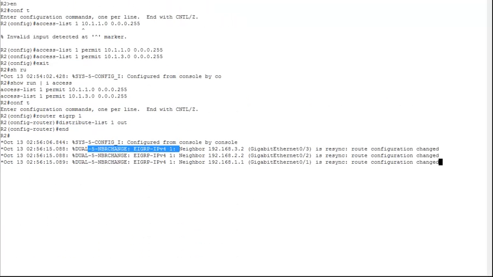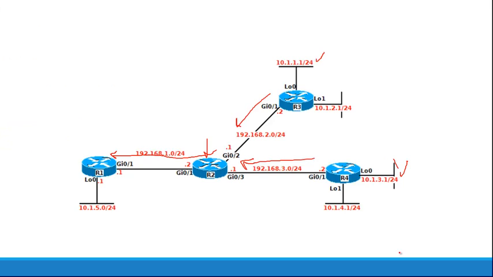What seems really easy, honestly, is, all we really wanted to do, if we look back at our configuration, is our topology, when we talked about it, all we really wanted to do is say, hey, you know what? This guy here and this guy here, R1 does not need to know about. So let's not propagate it through here. So how about if we just do a deny of 10.1.2 and a deny of 10.1.4 and then permit everything